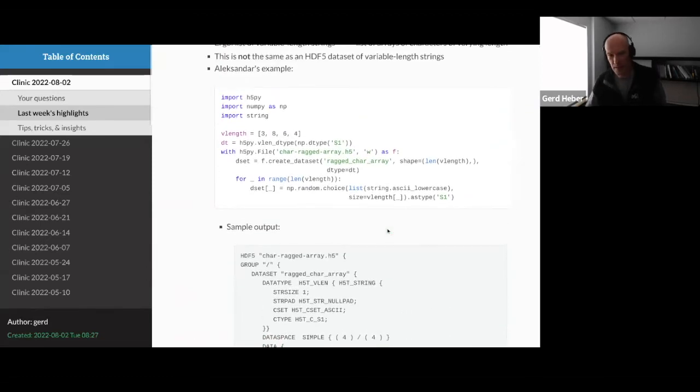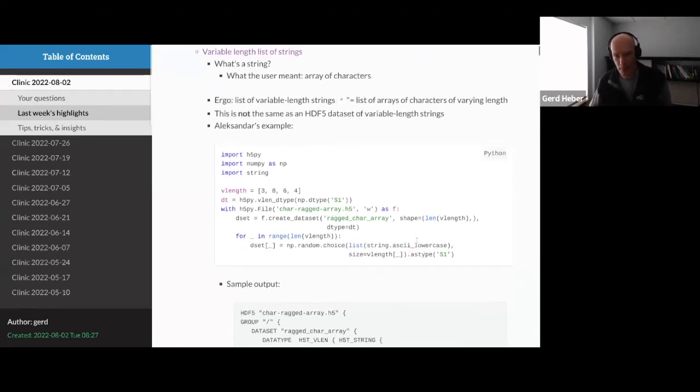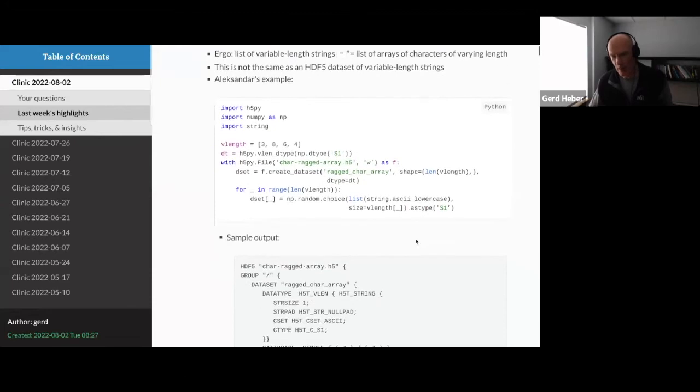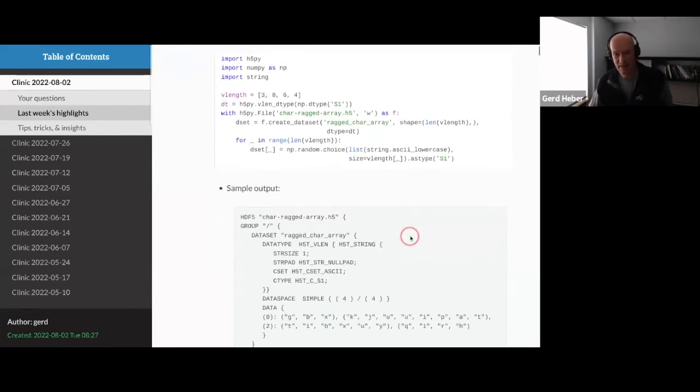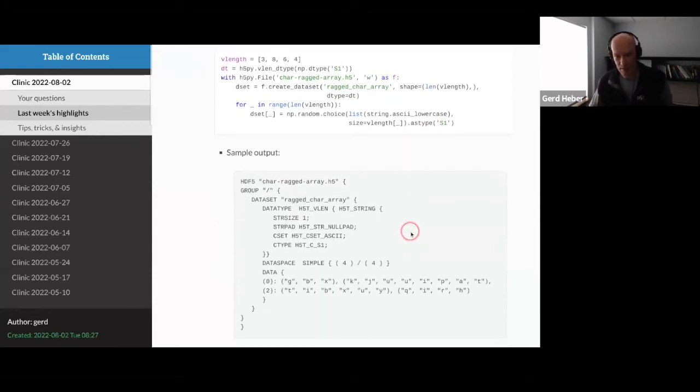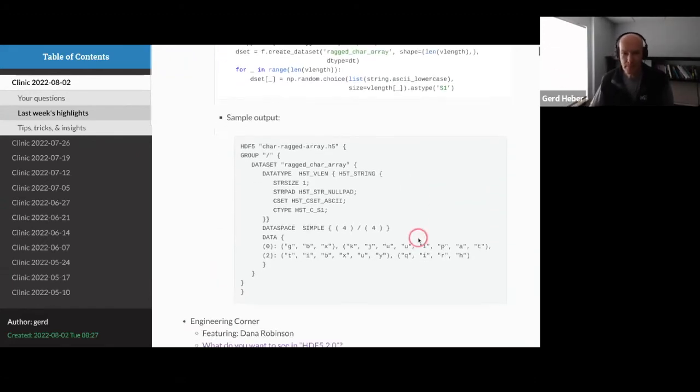Variable length string has a well-defined meaning in HDF5. It's not necessarily the meaning shared by everybody, and that's okay, but you can still make it work if your definition of a variable length string is just an array of characters, if you wish. Okay.